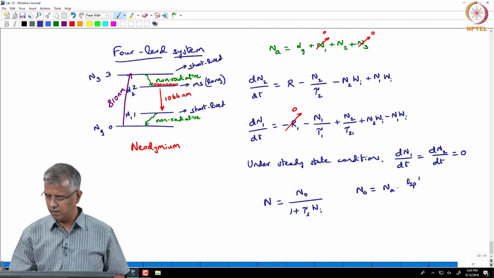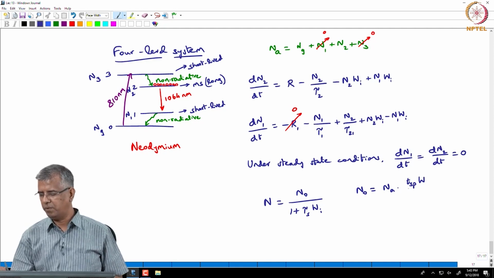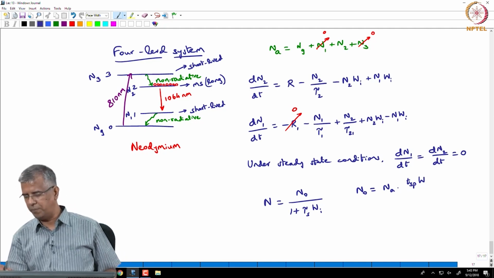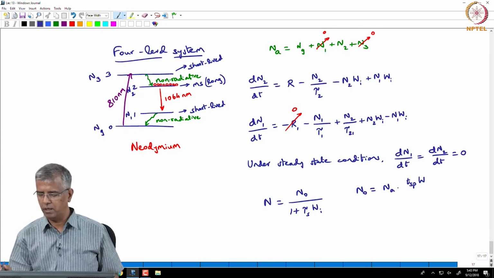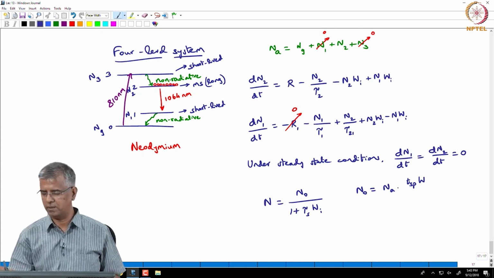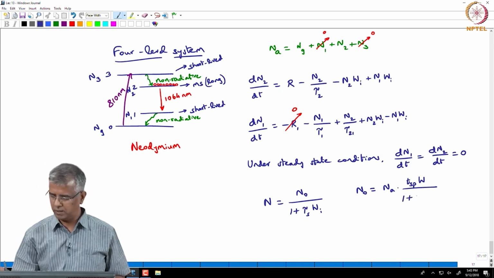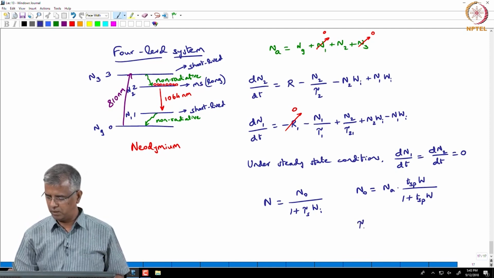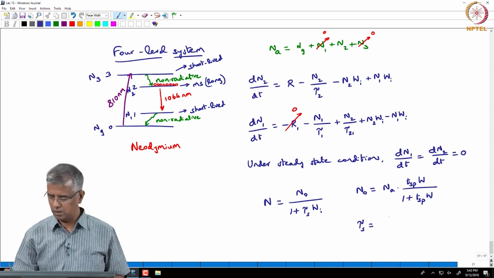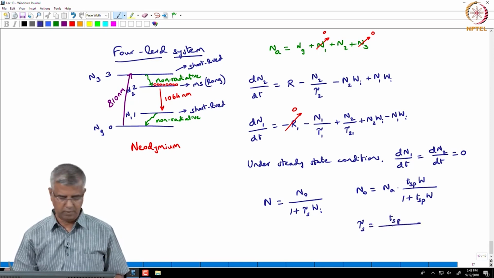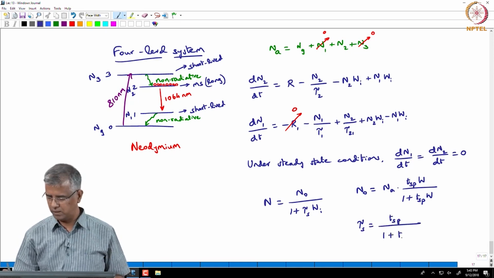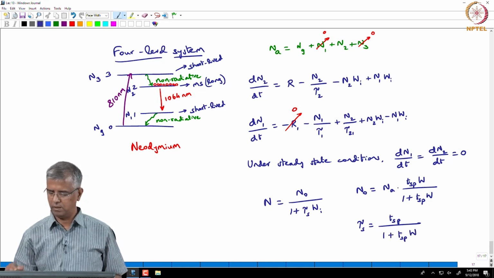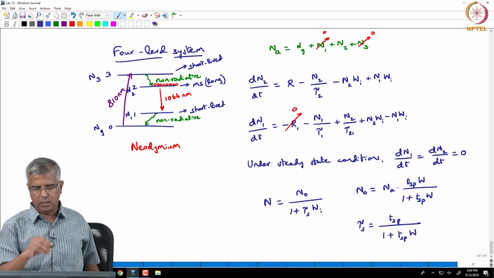So, N naught is Na times TSP multiplied by W, divided by 1 plus TSP W, and similarly tau s is going to be given by TSP divided by 1 plus TSP W, right, where